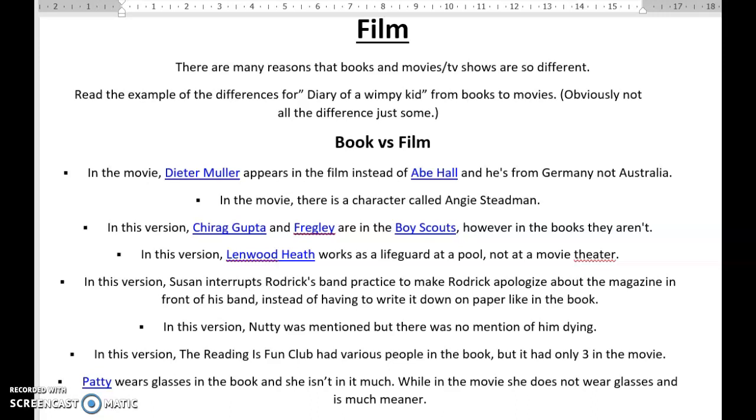Hi, Year Sixes. We're just going to have a quick discussion about the activity that you're just about to do. So our example that you've got in your workbook has got our book versus film. And the start of it, I've picked Diary of a Wimpy Kid, and I've just put down a whole bunch of differences of what's in the book, then what's in the book and the film, and then what's just in